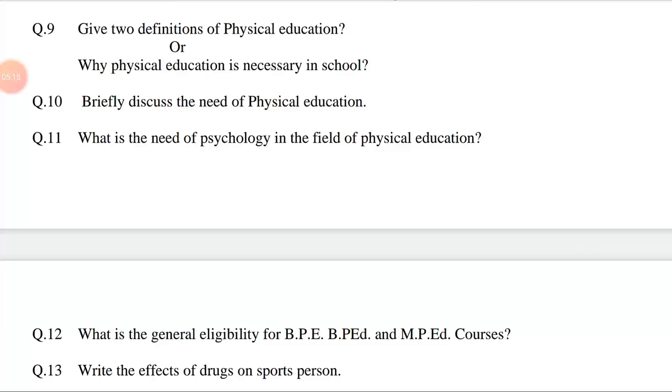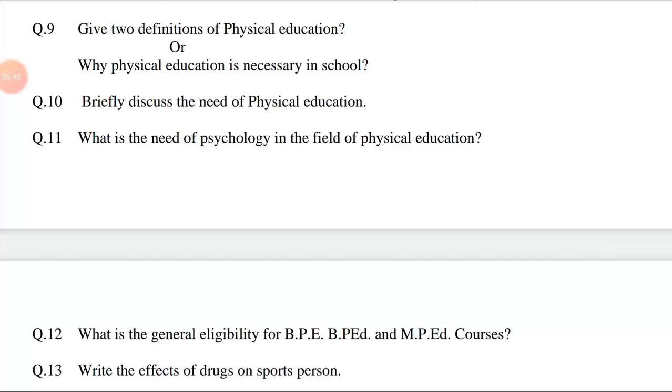The two definitions of physical education are as number one, according to Irwin, physical education is a program of physical activities that develops health in youth. Second, according to J.B. Nash, physical education is the sum of those experiences which come to the individual through movement,